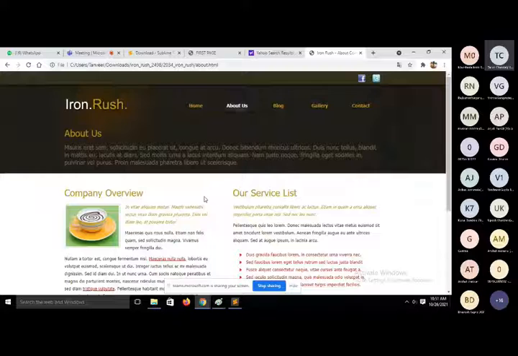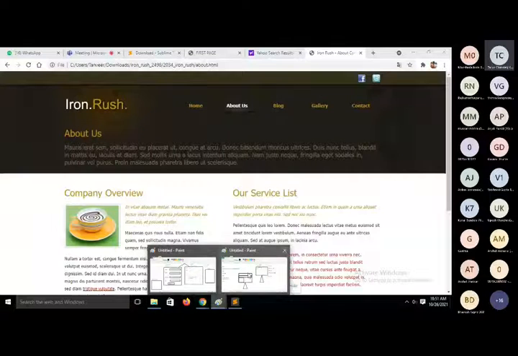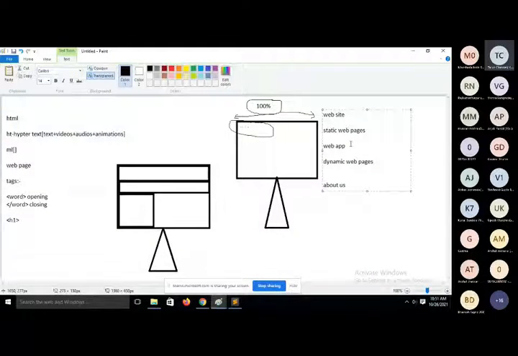So it displays content according to user. So its content is dynamic content, and if a web page contains dynamic content, then we will call it dynamic web page. So collection of static web pages is called what? Websites, and collection of dynamic web pages is called web application.